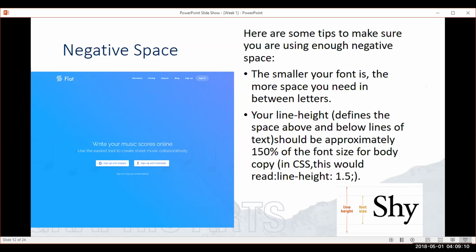Negative space doesn't just refer to the space between the larger elements on your page, such as space between your header and your content, or space between your sidebar and your content. It also refers to the space between all smaller elements on the page. And a lot of designers don't think about that or consider that and allow it to impact the overall design. Like the space between paragraphs, the space between lines of text, and even the space between letters. Paying attention to all of the forms of negative space on your sites serves to keep everything legible, scannable,